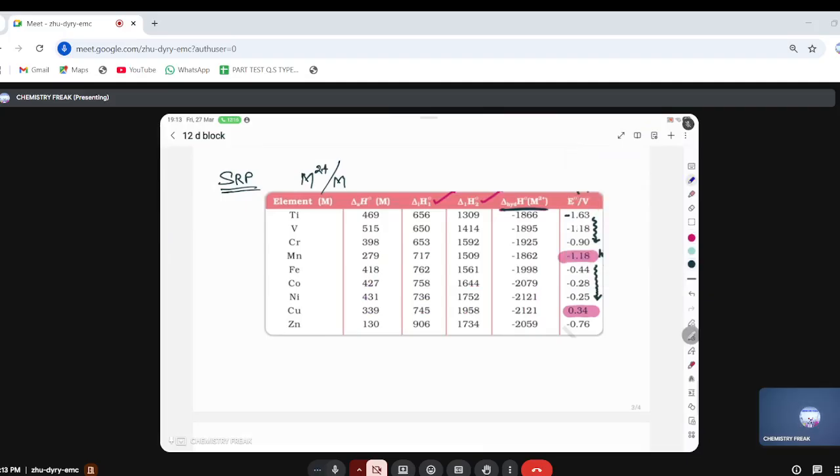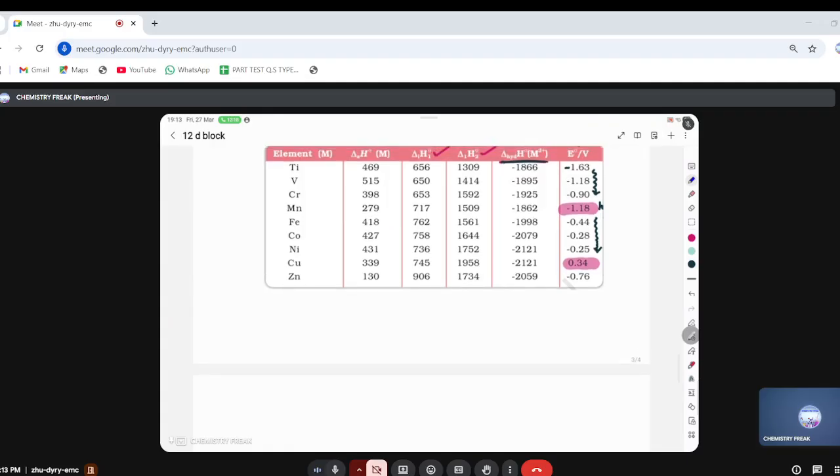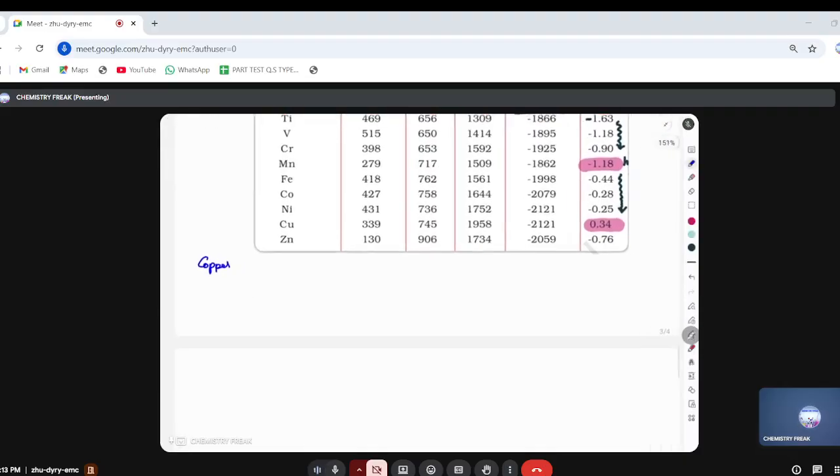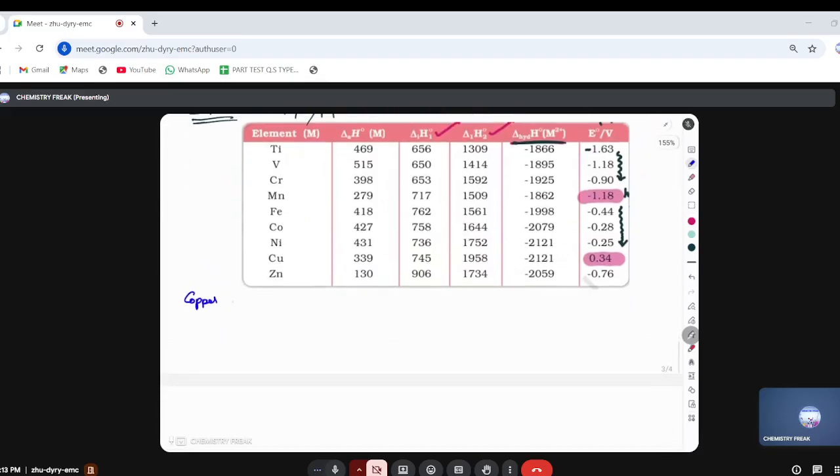What do you understand here? Right. Look at the values. What do the values say? Let me start with copper, which is very special first. Sir, the copper value, apart from what we expected, is positive. Why? Because it is